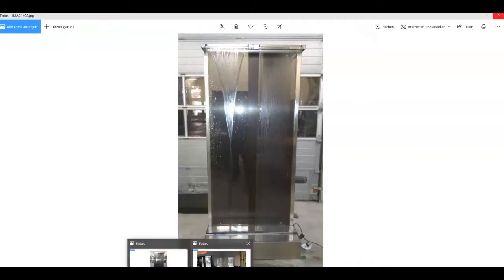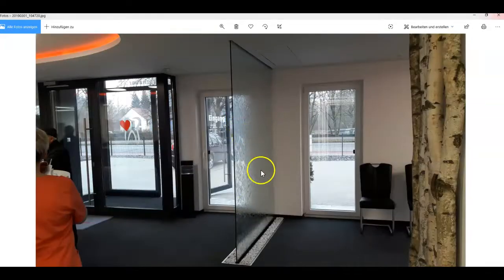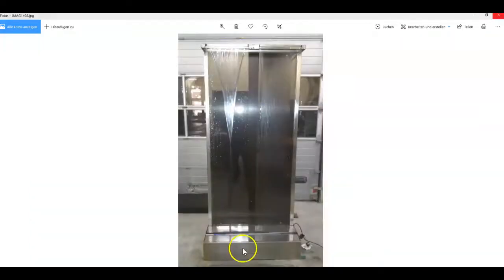whole glass plate, like for example in this water wall. Here you can see we have a very nice complete water film covering the whole glass plate with harmonically distributed waves. So if you use the wrong water additive and increase the surface tension of the water, you get such streams which do not cover the complete glass plate, and they're also pretty loud, and they